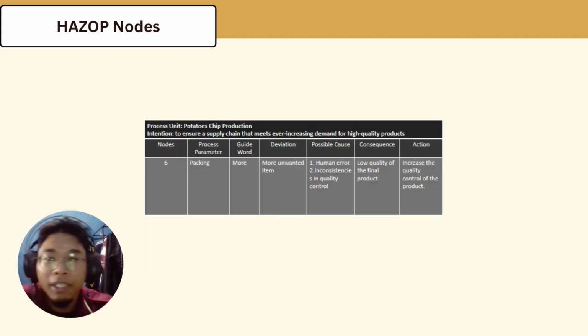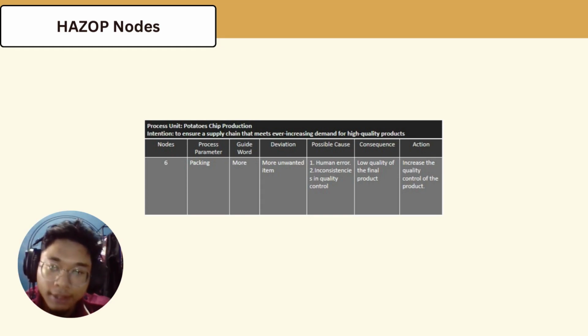And lastly, for the packing, there is only one guideword, which is more. The deviation is more unwanted items, where the possible cause is human error and inconsistency in quality control. The consequence is low quality of the final product, and the action that should be taken is to increase the quality